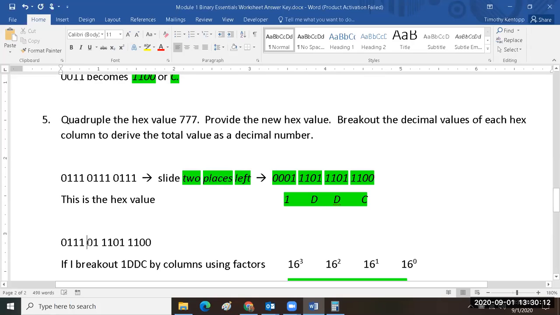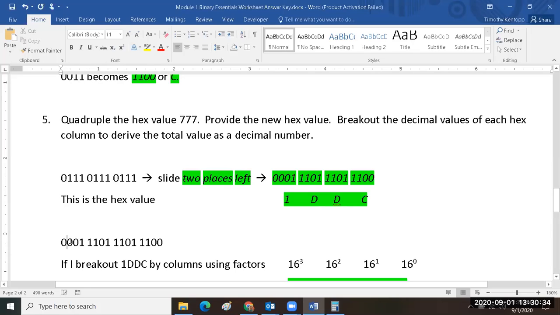Going to do the same thing here. Take the space out, add a space here, because now my nibble boundary has changed. And I have this 0, 1 over on the left, but that doesn't look right for a nibble, does it? I have to put in 2 more zeros just so it looks right. Now if I go back to my table, my binary hexadecimal